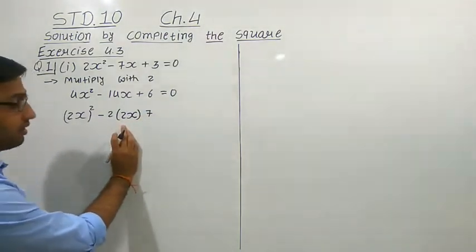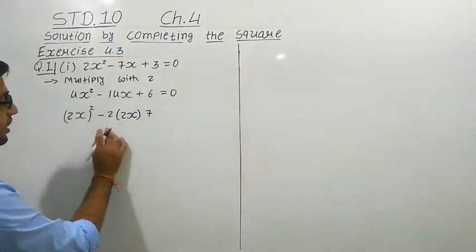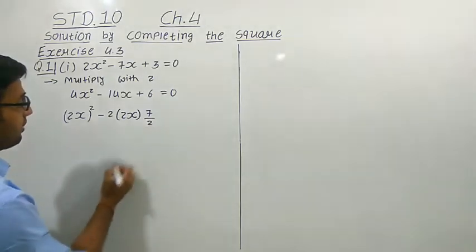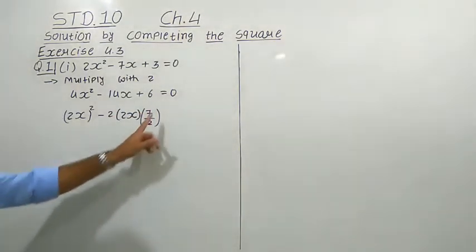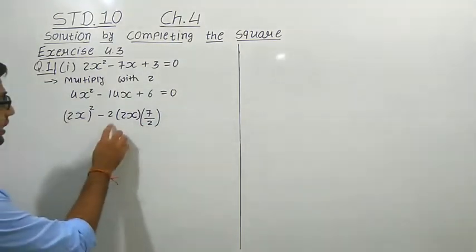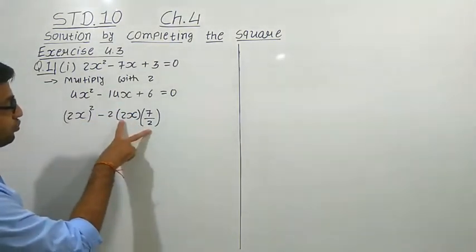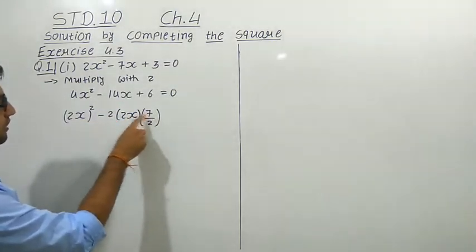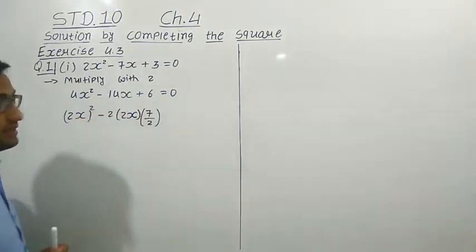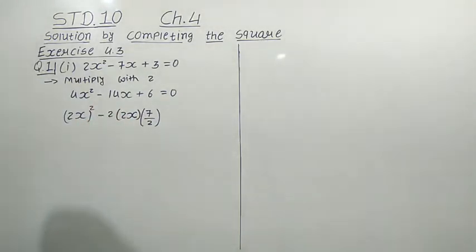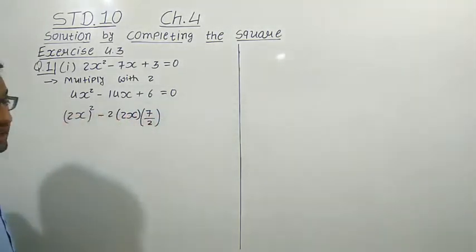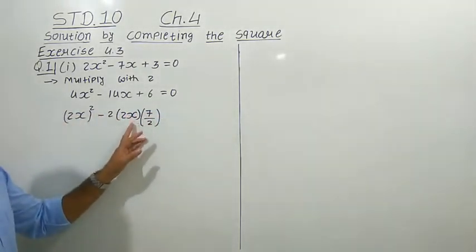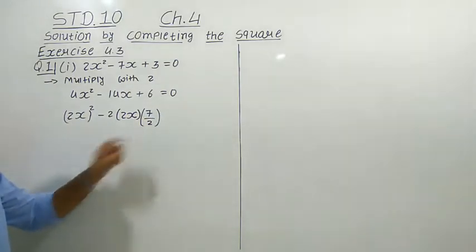But 4 is there, so we also have to, at the same time, divide by 2. See, by putting this 7 by 2, we can arrange the 14x here, because 2 and 2 will cancel out. 7 2s are 14 and 14x is there, minus 14x. We cannot put only the 7, because 7 2s are 14, and 2s are 28. So it will become 28, so we have to divide by 2.